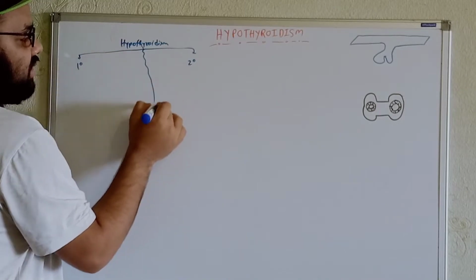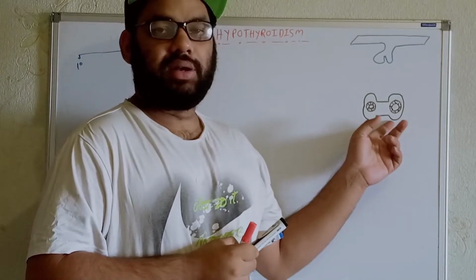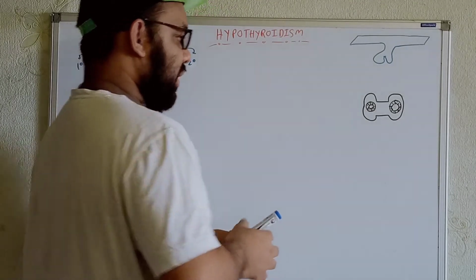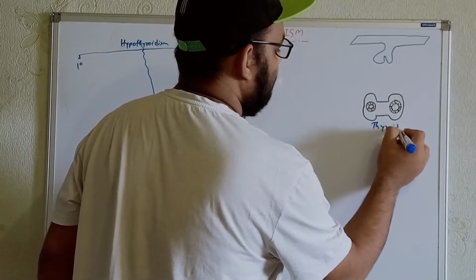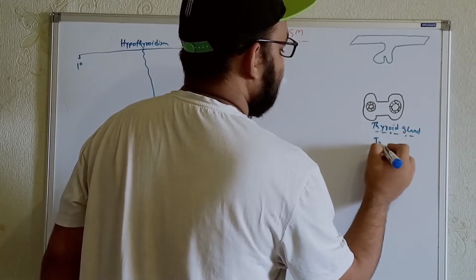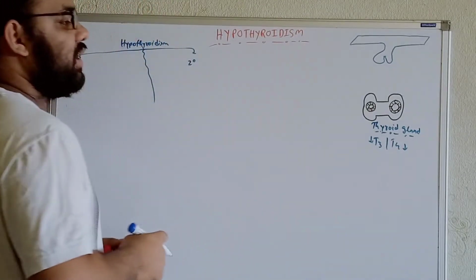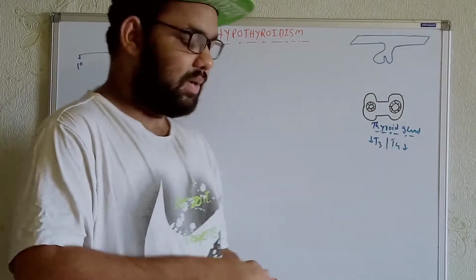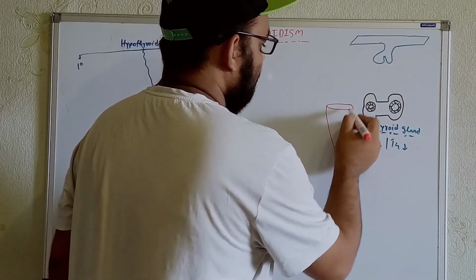How can we differentiate them? Now see, if we see any kind of problem at the gland level, within the thyroid gland, for whatever reason, and the production of T3 and T4 is decreased, this type of problem is known as primary hypothyroidism. Whenever T3 and T4 are less, then within the circulation T3 and T4 will also be less.